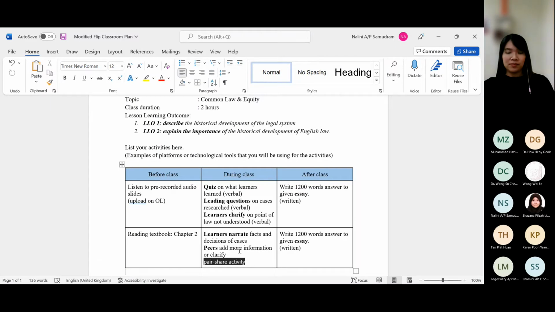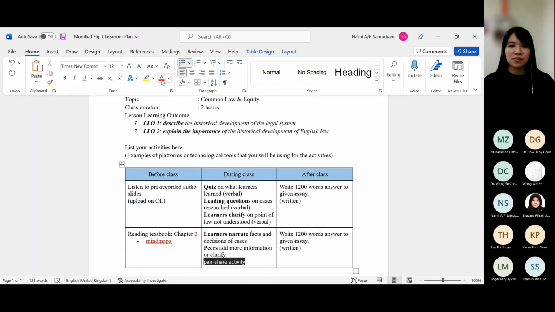All right. So my suggestion is just one thing in terms of reading the textbook also. Instead of reading the entire textbook, you can ask the students, do they usually take notes? In a way, you can ask them to just come up with a mind map of this particular chapter 2: what did you understand, or what the case study is about? I'll ask them to do the mind map and maybe upload them in open learning, for example. So next time, perhaps the next semester, you can also use that as a guidance.